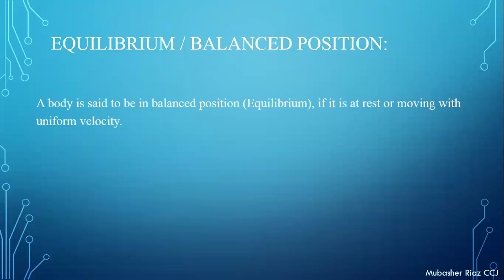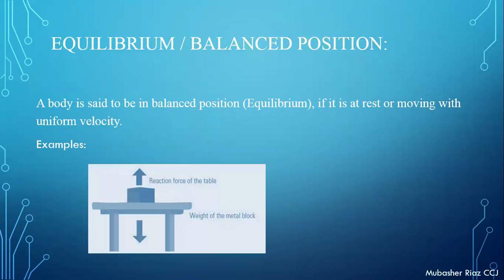A body is said to be in balanced position if it is at complete rest or moving with uniform velocity. So these are two states, and they must be satisfied. Number one, if an object is at rest or it is moving with uniform velocity, then the object is said to be in balanced position or in equilibrium. For example,